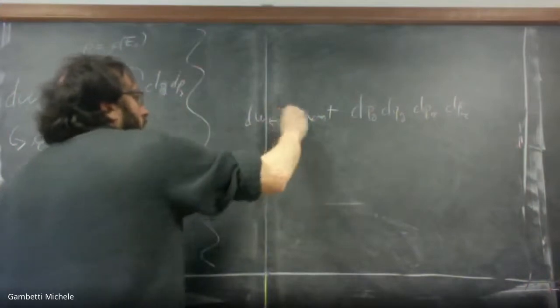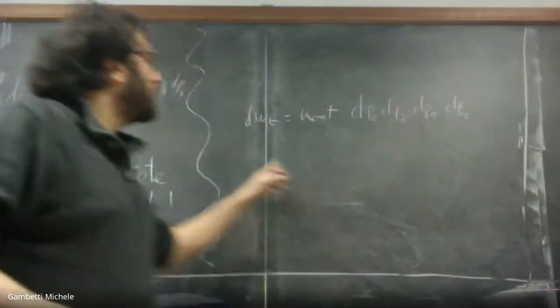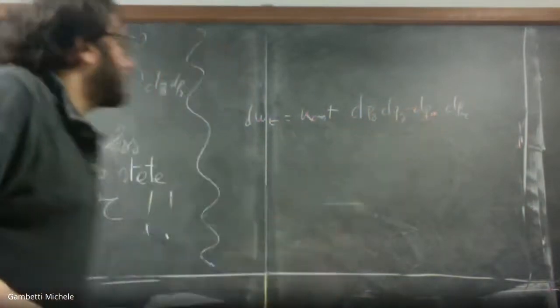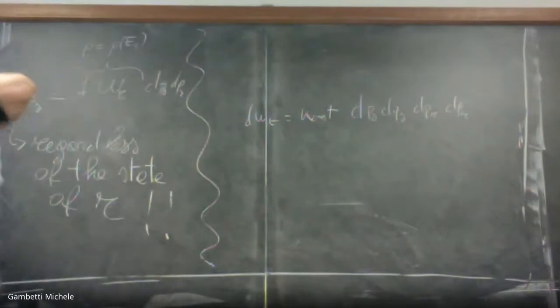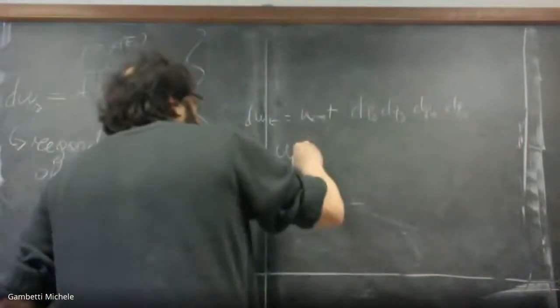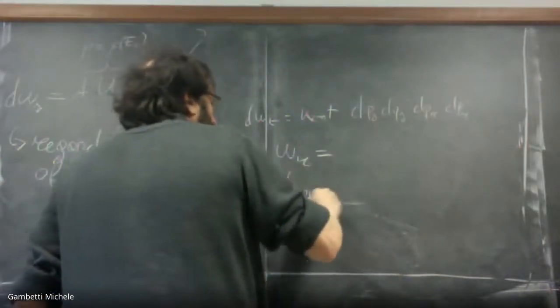So basically what I'm doing is integrating over the states of the reservoir to get the probability function associated with the system. Okay? Now, omega of R, by following the Boltzmann